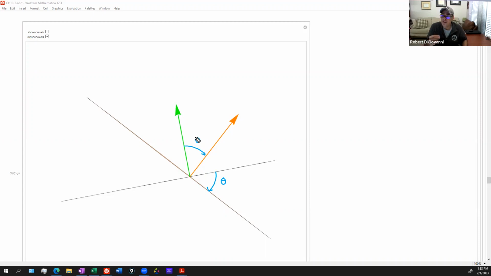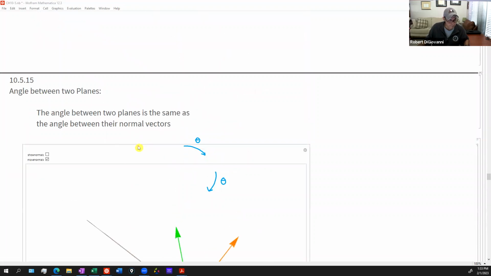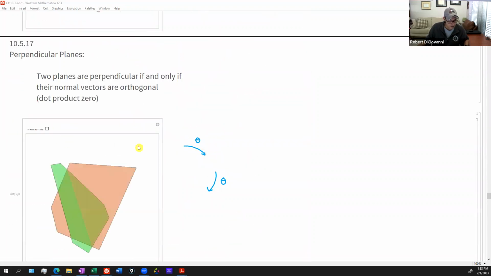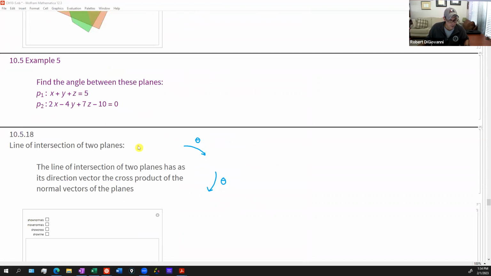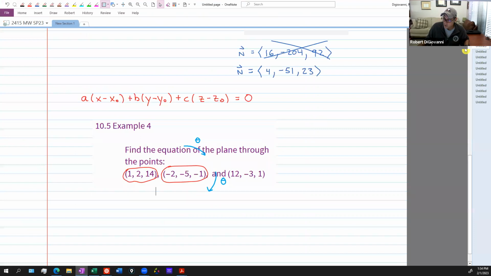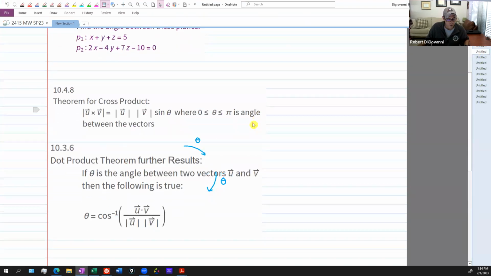To find the angle between two planes, we need to just use a formula that we learned two sections ago about finding the angle between two vectors. So I have an example for us to do here. Where is it? There we go. Find the angle between these two planes. We'll get back to the notes here in a second. So